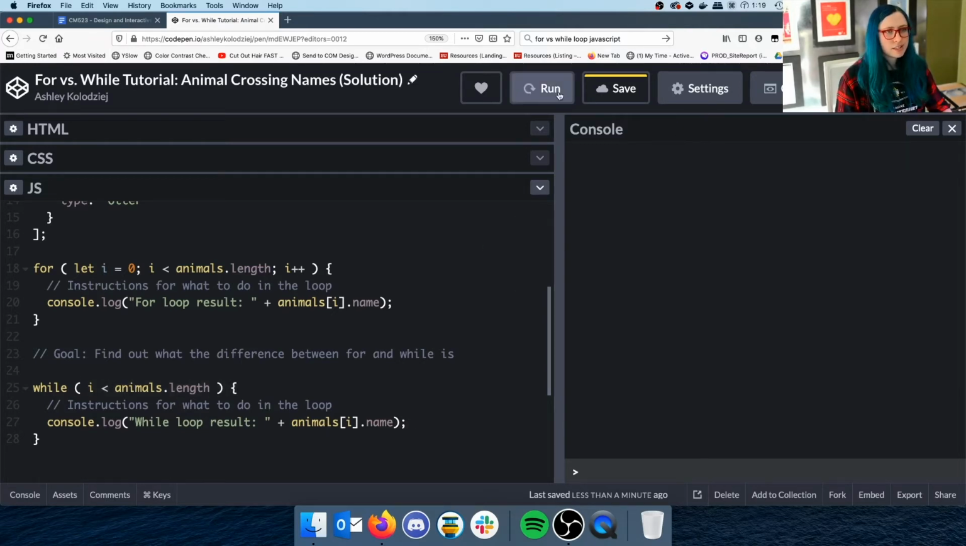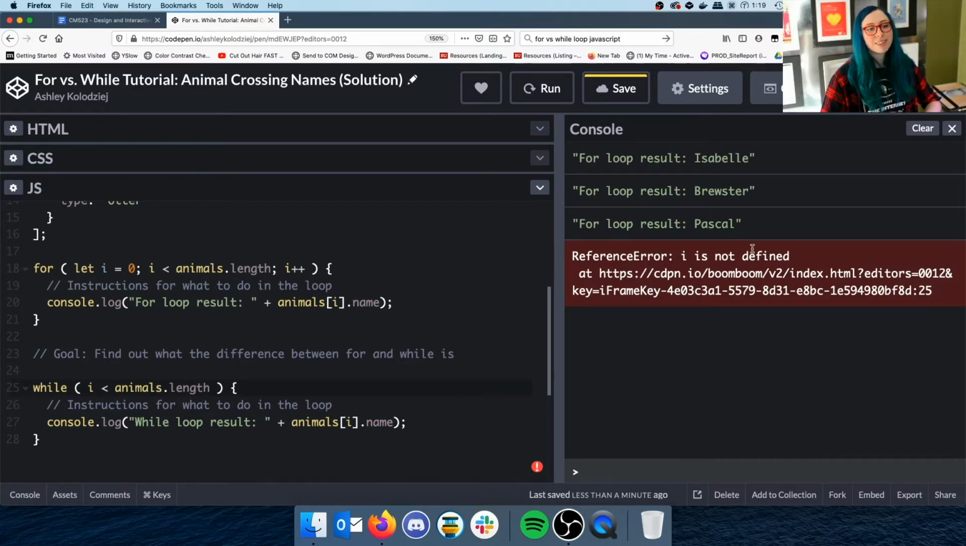So let's try running this and see if this works, because I think we might have a problem. Yep, here we go. I is not defined. So remember how I said that